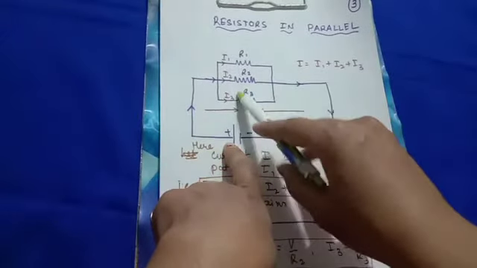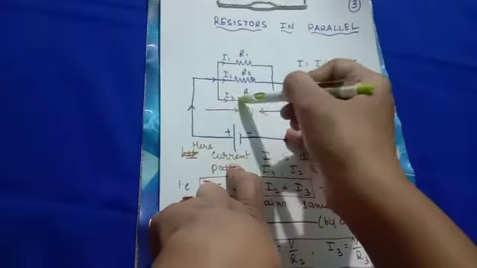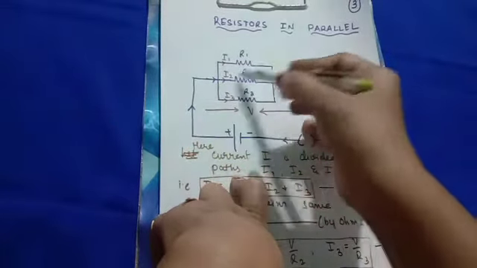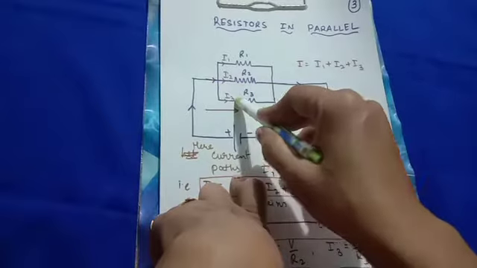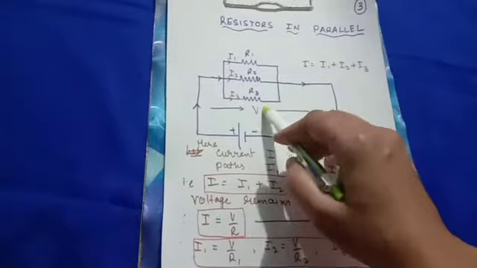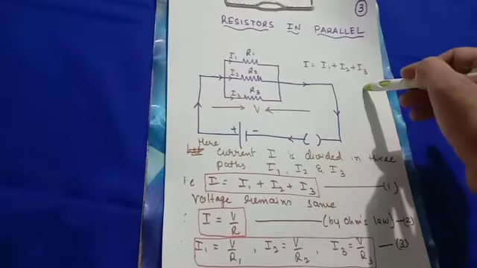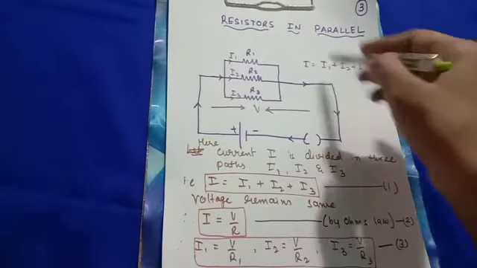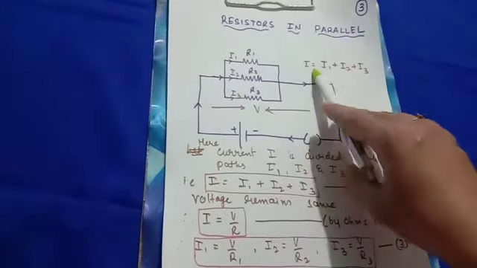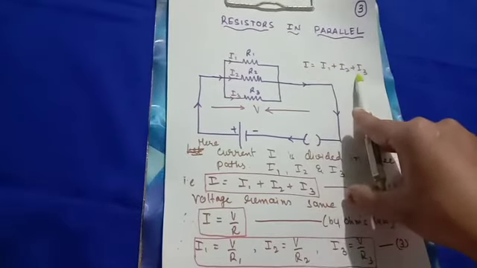Now what happens here, the path of the current is divided, क्योंकि यहाँ से वो 3 डिवाइड हो रहे हैं, तो यहाँ पे जो भी करंट चल रहा है वो डिवाइड हो जाएगा. ठीक है, जो भी करंट चल रहा है वो डिवाइड हो जाता है. But what happens, वोल्टेज एक ही है. ये वोल्टेज इनका यहाँ पे डिवीज़न नहीं है, एक ही पाथ में डिवीज़न नहीं है, लेकिन करंट के लिए पाथ चेंज हो रहा है. So here what is divided, I, current is divided.